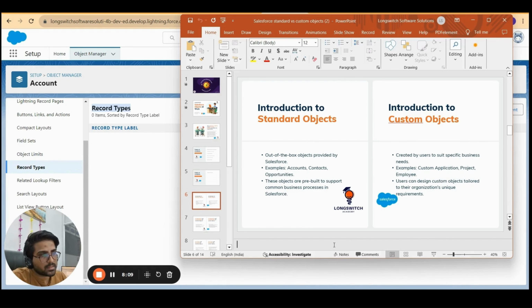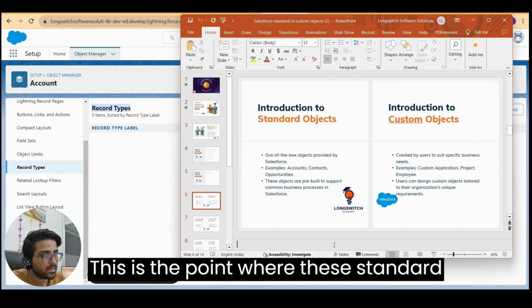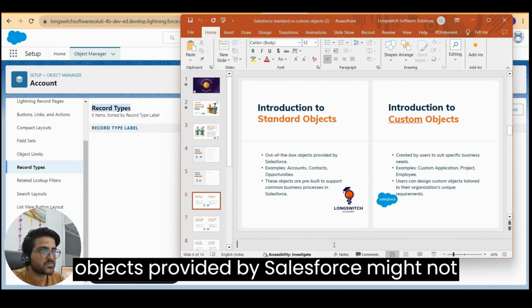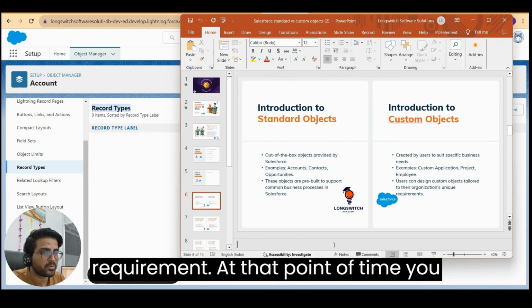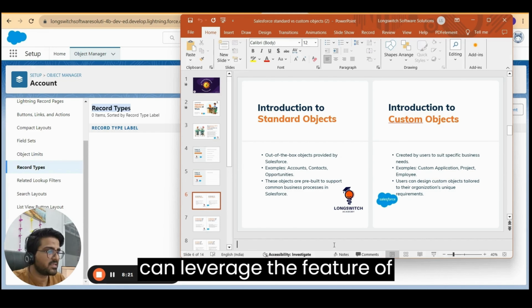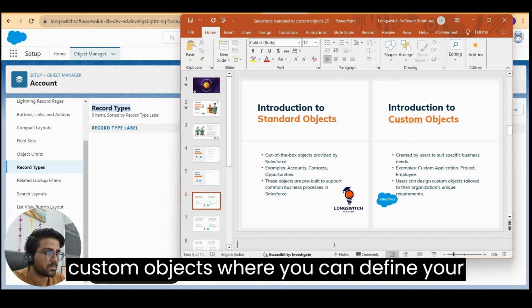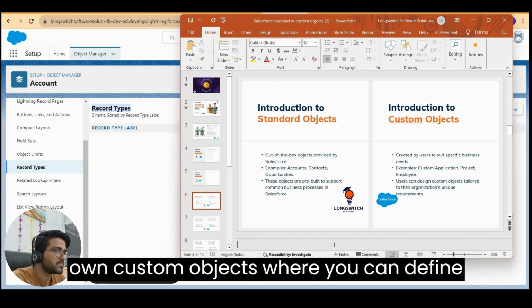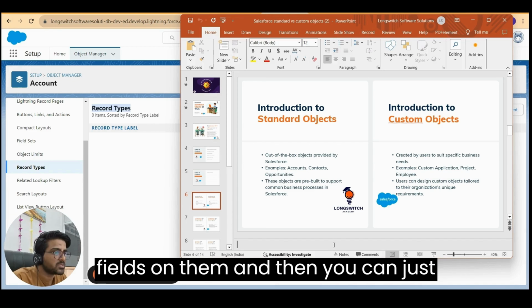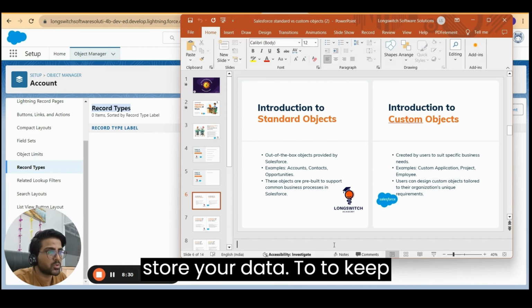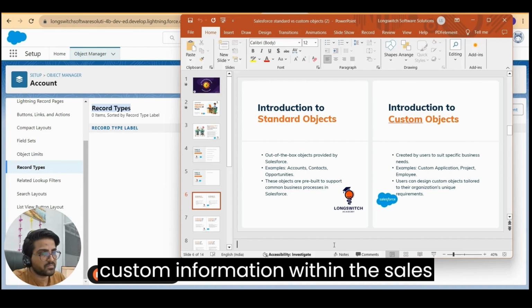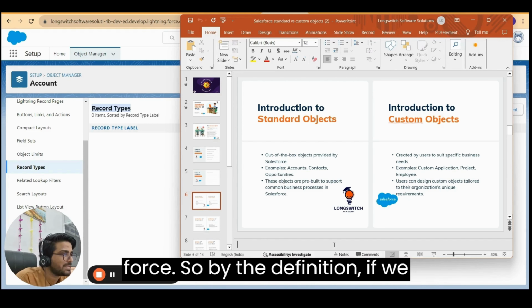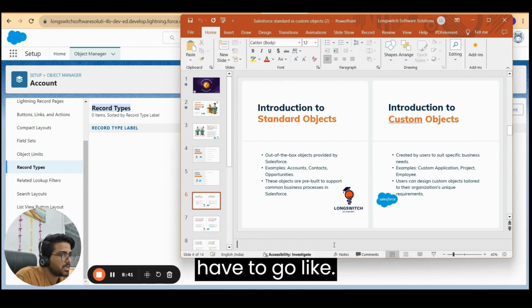And this is the point where the standard objects provided by Salesforce might not fit your requirement. At that point of time, you can leverage the feature of custom objects, where you can define your own custom objects, define fields on them, and then store your data to keep track of your custom information within Salesforce. So by the definition,